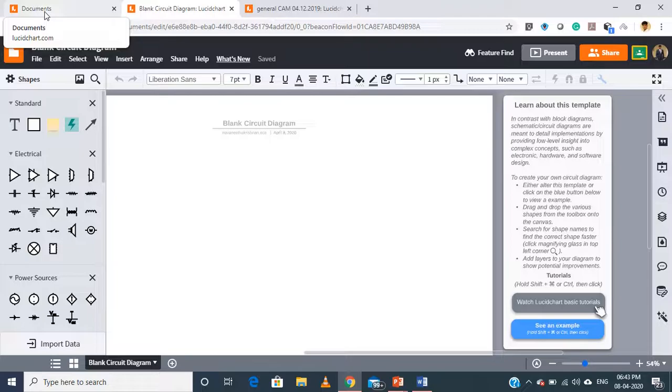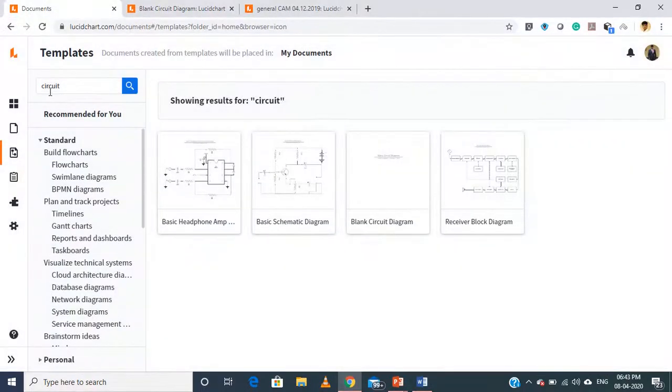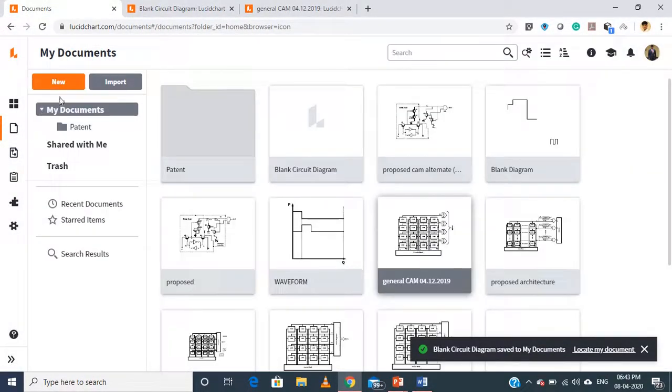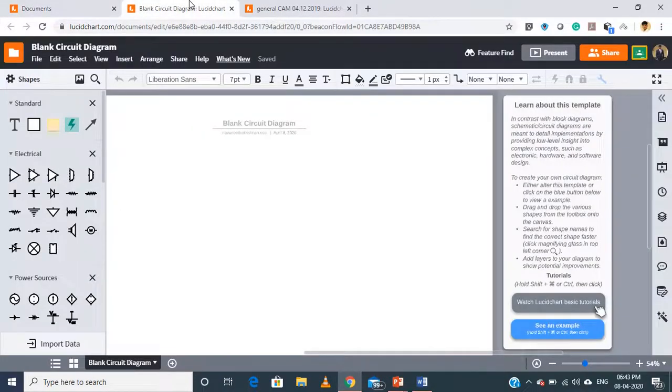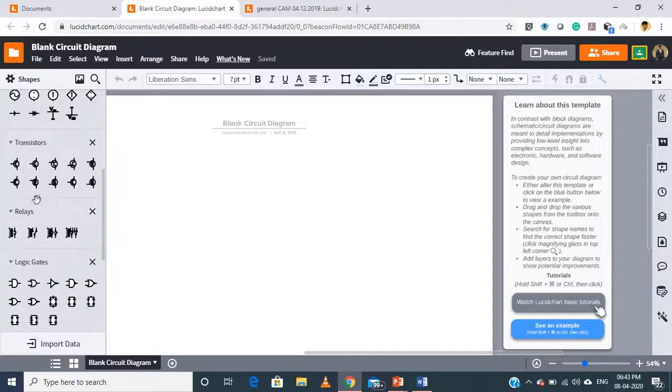The reason for going into templates and creating a blank circuit diagram is, if you just create a blank document, the tool will not know what type of drawing you are going to make. But if you go into circuits and give a blank circuit diagram, it will know that you are going to create a circuit, and according to it, it will give the tools for drawing the circuit.